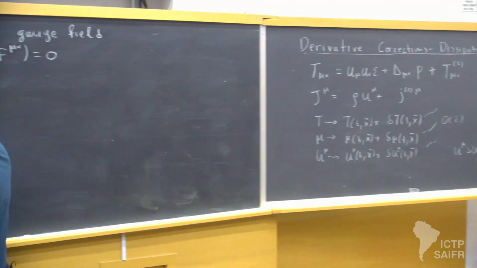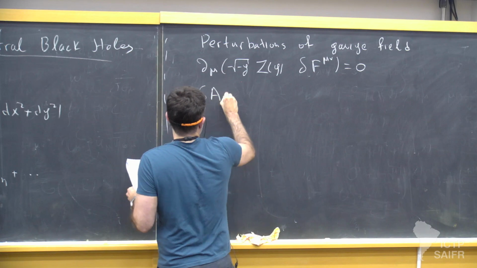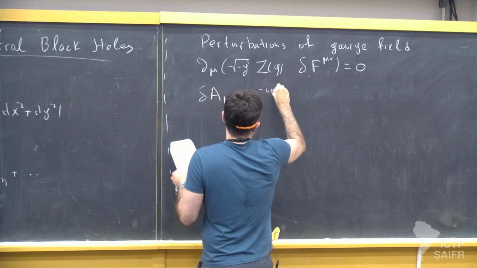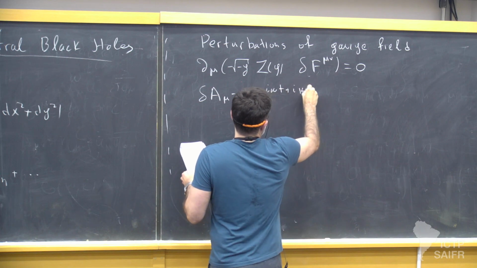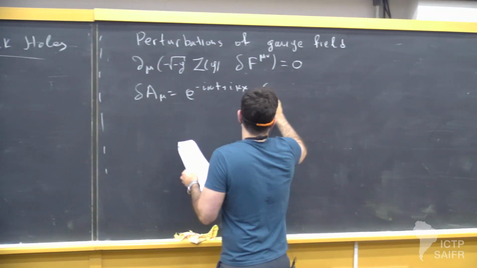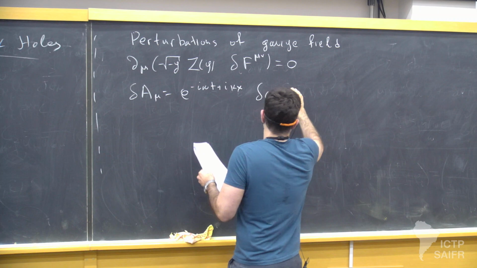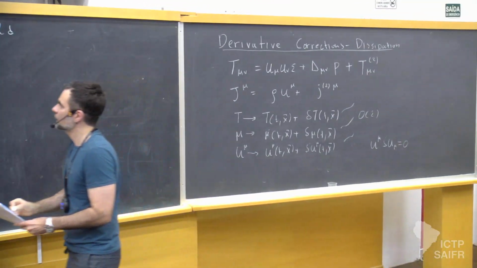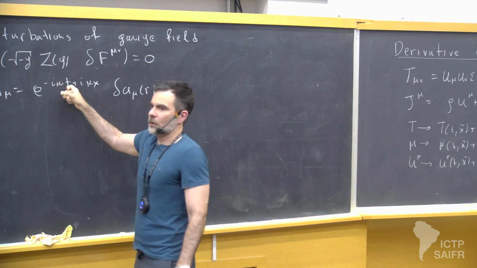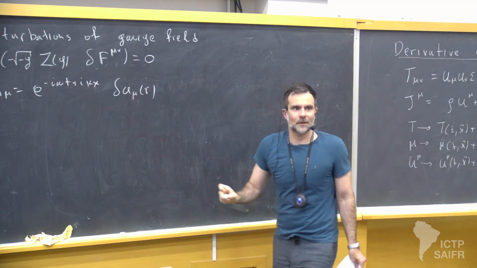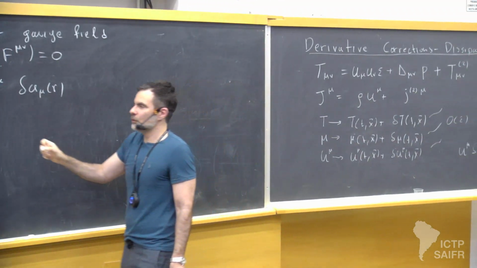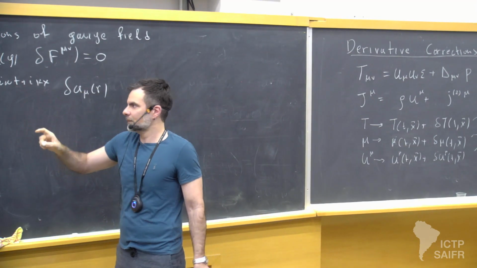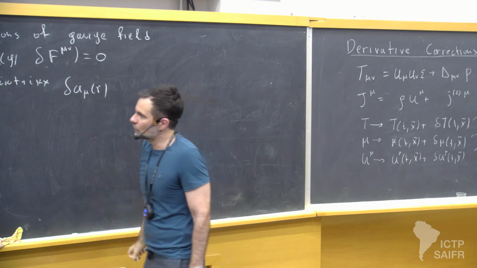Now I want to write a perturbation for the bulk gauge field in a Fourier decomposition times A_mu, where A_mu is a function of the radius. That could be a good start. But I don't want to do exactly that, because as I'm taking the radius close to the horizon,